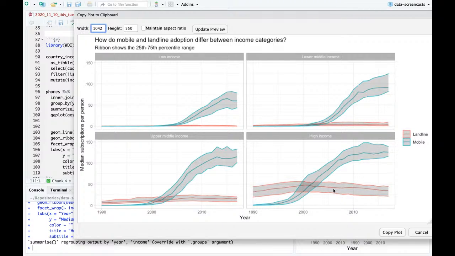So in all of those countries, the landlines are on average somewhat flat, and the mobile is on average somewhat flat, and there's this kind of S shape of like, oh, there's a mobile spike, and then it slows at some point. And really, looking at it, I think I want to compare across